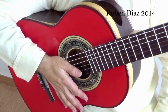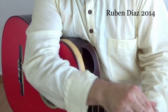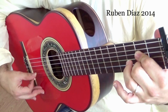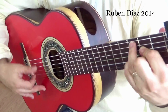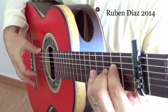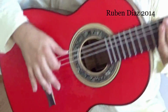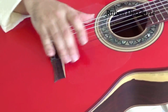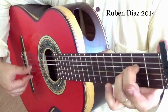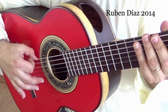So that is one thing, and then the other is about the volume of your fifth string when you play por medio. See here, any stroke downward, look, this is not good around here. So I have to be with the thumb here to have my ring finger near to the wing of the bridge, and when I hit downward, the volume of the fifth string, which is the most prominent note, I want to hear that, because I see people playing one common mistake related to this posture thing also,